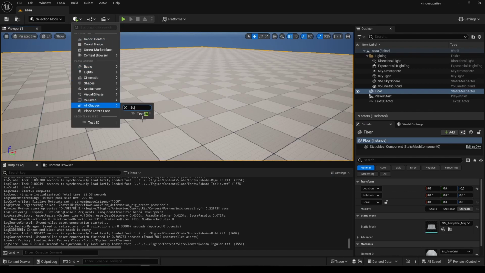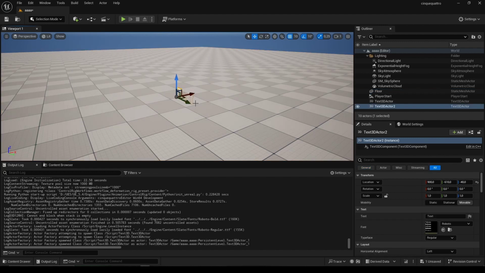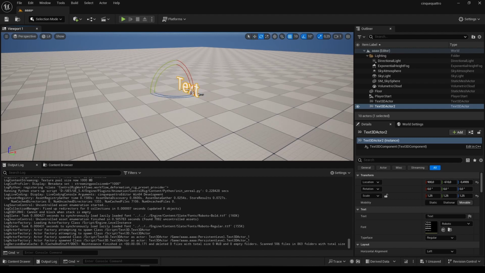And after this, I can add a 3D text to the scene. You can see, you just make it a little bigger, and now the text of this object is "text", and this is what we are going to change, simply connecting with our browser to the web server that will be running in Unreal. So let's do this. Let's put it in some way we can see the change. Okay, a little bit rotated,